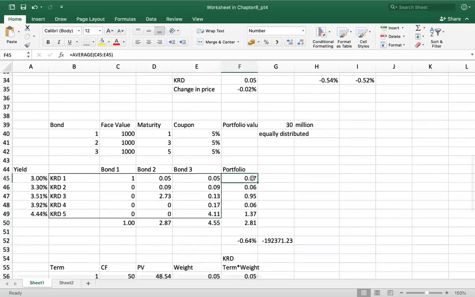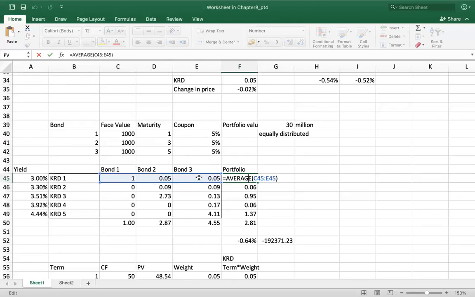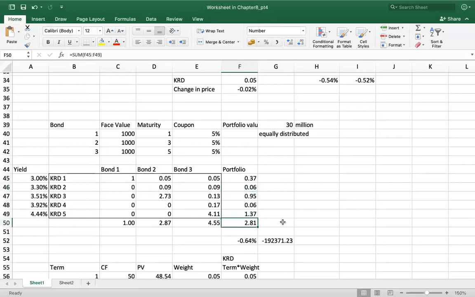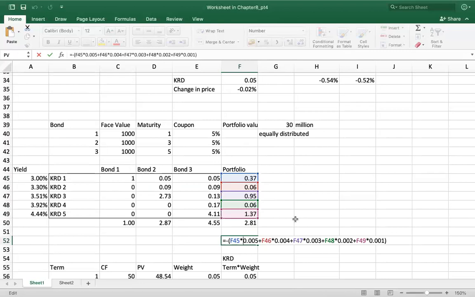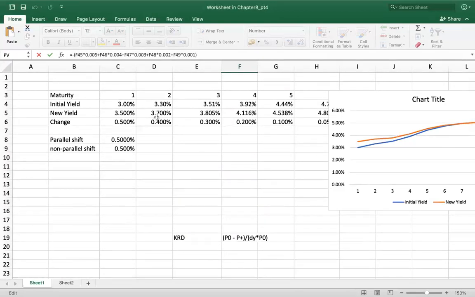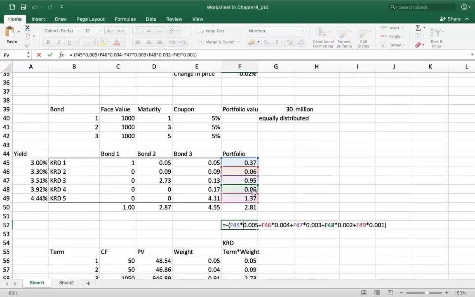So here you can see this is the portfolio duration for each year, right? So for the first year, this is the portfolio key rate duration calculated as an average of these durations. As our portfolio is equally weighted, the duration will be just the average. And when we sum them up, it will be like this, right? So now again, how do we interpret these individual key rate durations? These will be interpreted in the same way as we interpreted before. So first duration multiplied by the basis points we are considering. The basis points we are considering are the same, right? So the 50 basis points, second key rate duration times 40 basis points, third, and so on